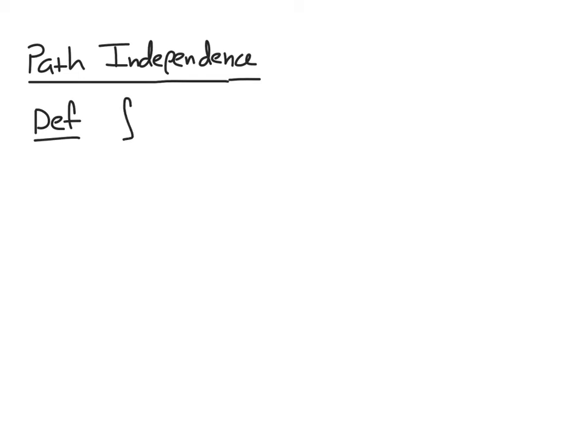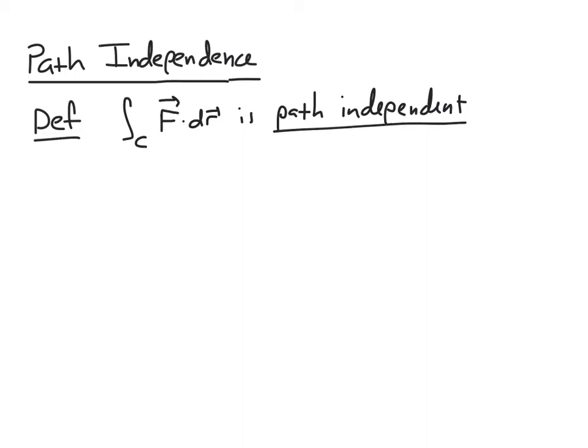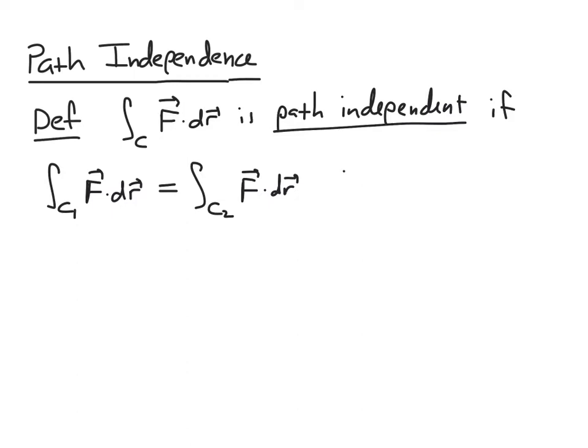So we'll say that this line integral over curve C of the vector field F is path independent if I take this line integral over two different paths, let's say C1 and C2, and these two integrals are equal,